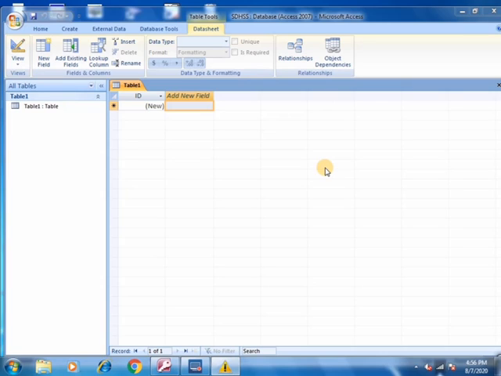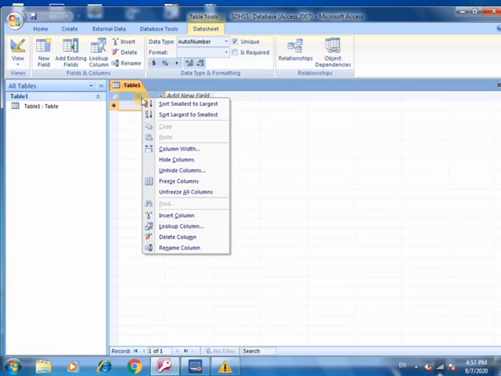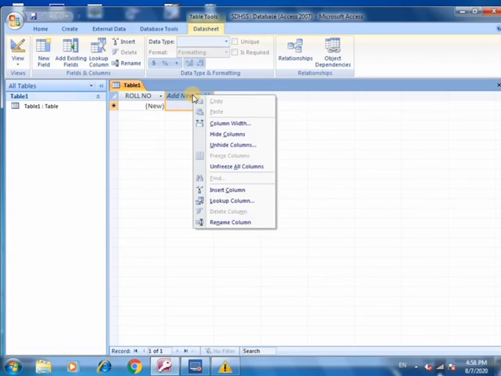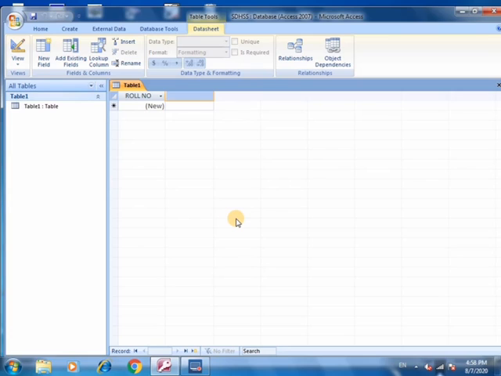In datasheet view, if we want to make a table, we can write the field names. If the first field is roll number, we right click on the column name. The first field is by default the ID field, so we have to rename it. We type its name, roll number. For the second field, right click on this new column and rename it with name of student.